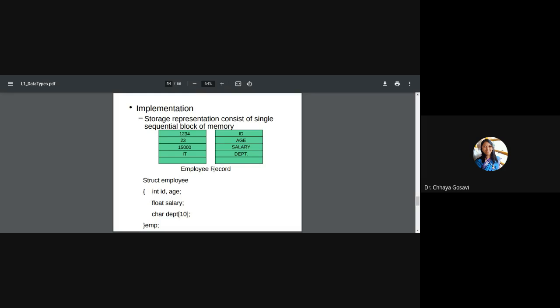Total memory allocated for one employee: 2 plus 2 plus 4, that is 8, and 18, yes. Yes, it requires 18 bytes of memory for one employee, sequentially.